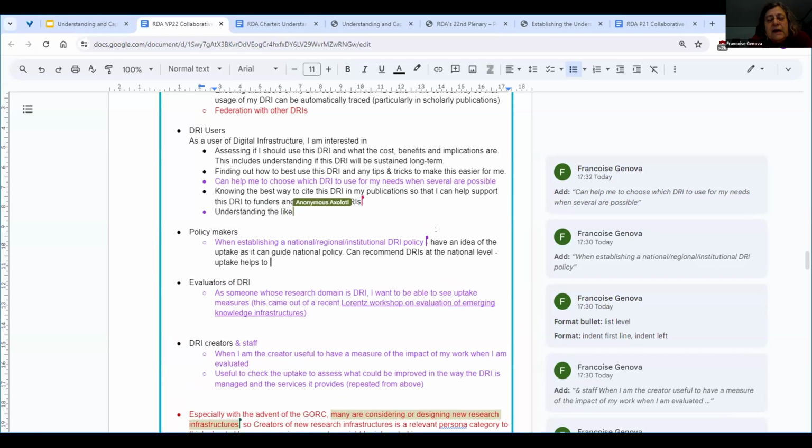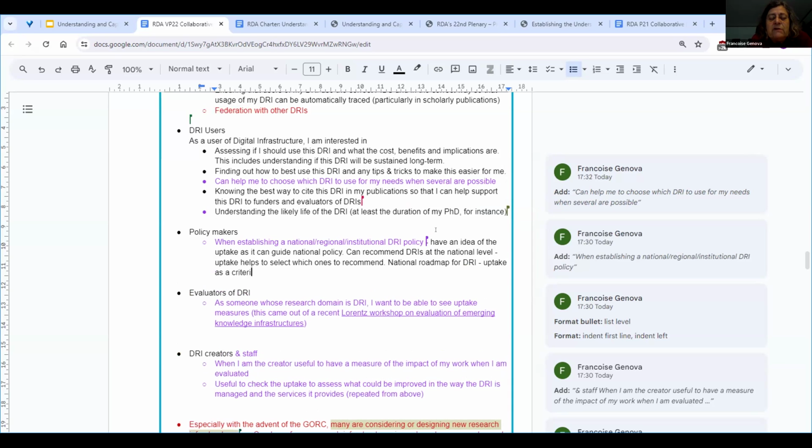So I really think, and I was telling in my earlier comment, that if you establish a national roadmap for research infrastructure, you will tend to use the uptake as a criterion to say that the DRIs you put in the roadmap are mature enough to be in the roadmap because they are already taken up by the community. Okay,